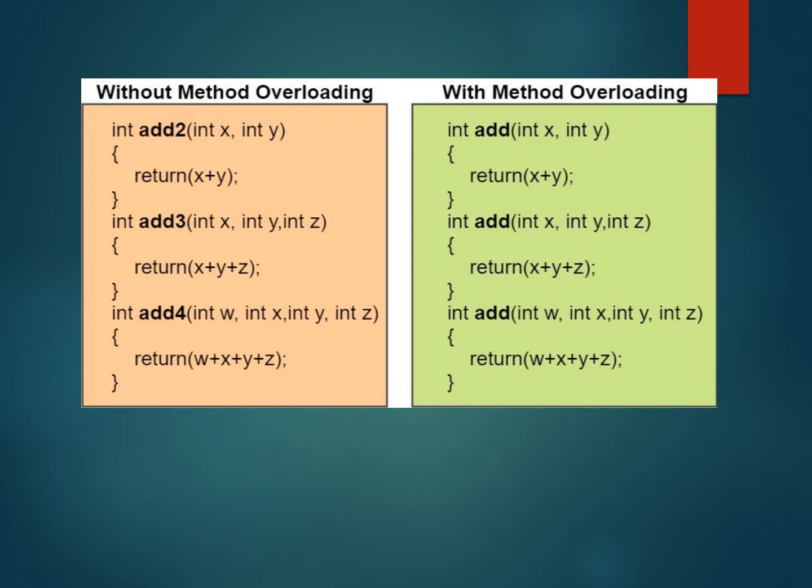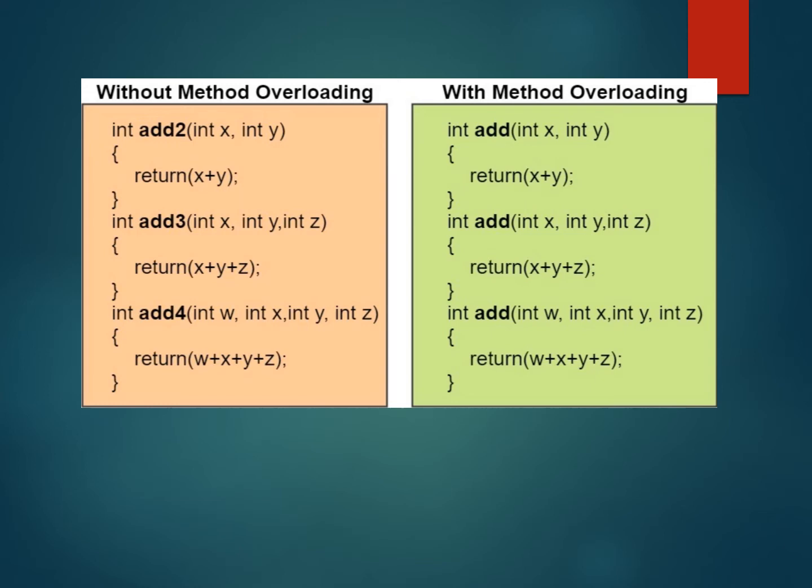Now this is an example of a class without method overloading and with method overloading. On the left hand side example, suppose a class xyz has these three functions: add2, add3 and add4. This is not method overloading because all the methods have different names, but on the right hand side